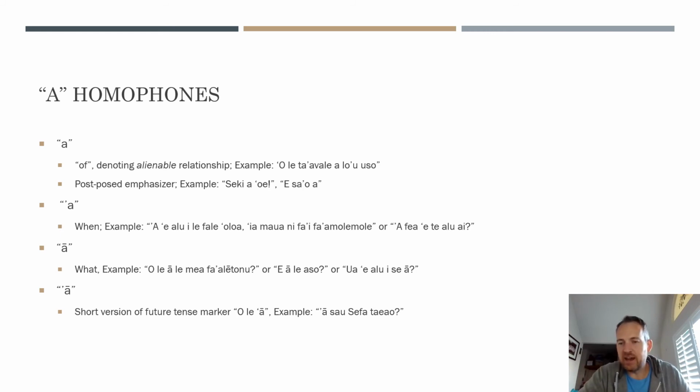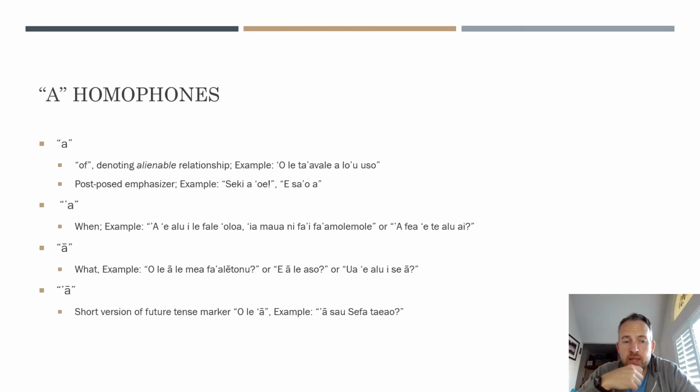So you might say sekia, oi, hey, you're awesome, you're the best is kind of what that means. You could say seki oi, which means like you're cool, man, whatever. Seki oi is just an emphasizer. You often hear too, this isn't necessarily slang, but people might say sa'oa, like sa'o means right, and so sa'oa means like right on. Anyway, hopefully that makes sense. If you guys know about the examples, go ahead and put them in the comments.